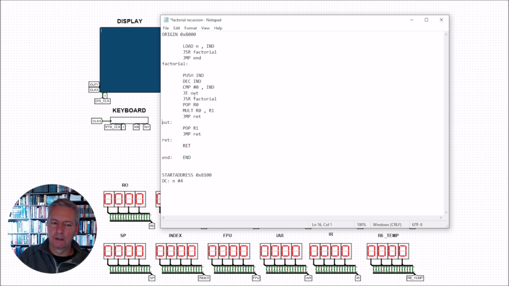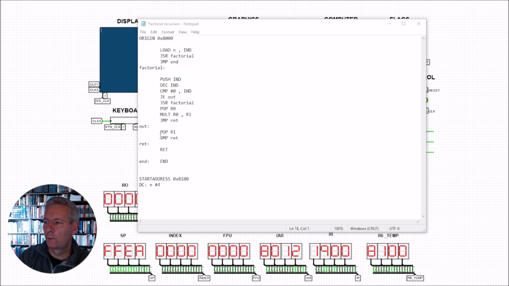The jump if equals is actually true. So whenever that's true, it's going to jump to the out. So when it gets to this point here, which is the out routine, it's going to pop the value that's at the top of the stack off and into register R1. So the value that's at the top of the stack is the number 1. And then it jumps to the return routine and it returns back up to this position here, just after this